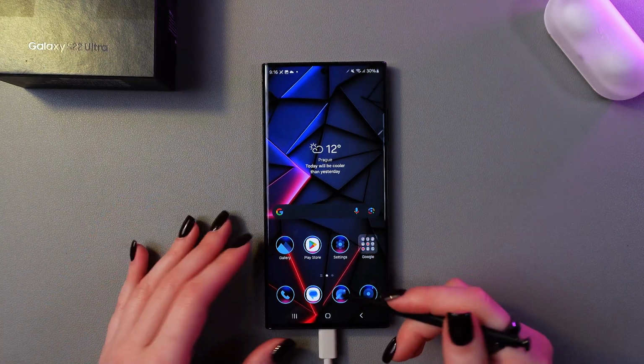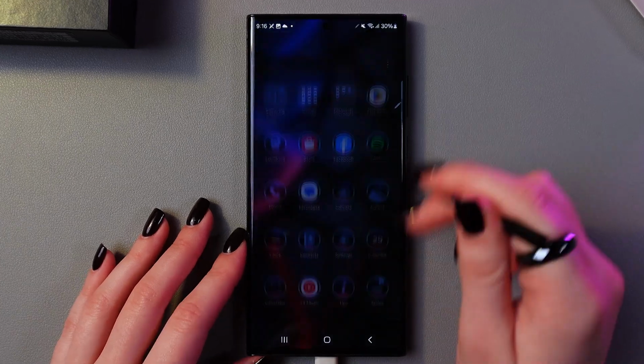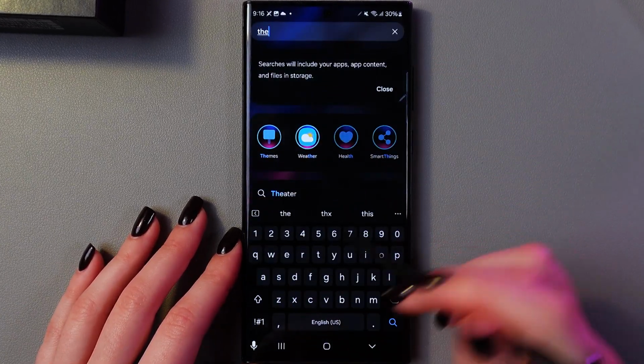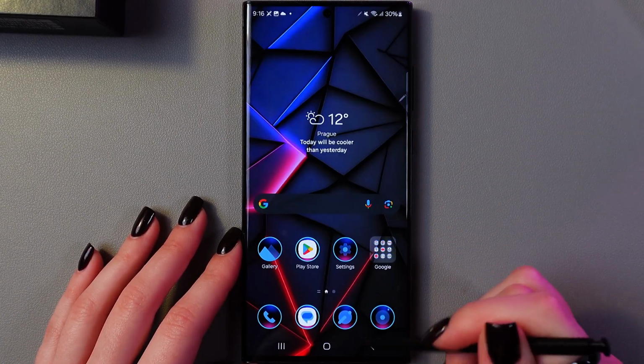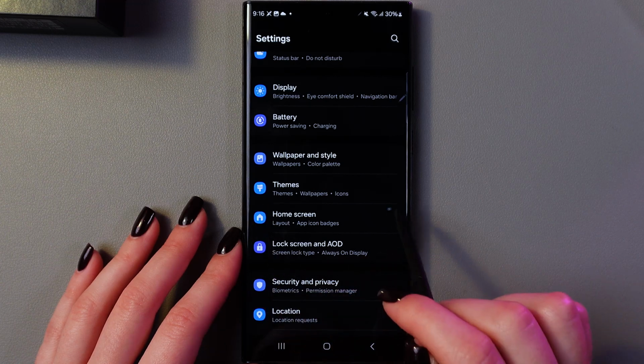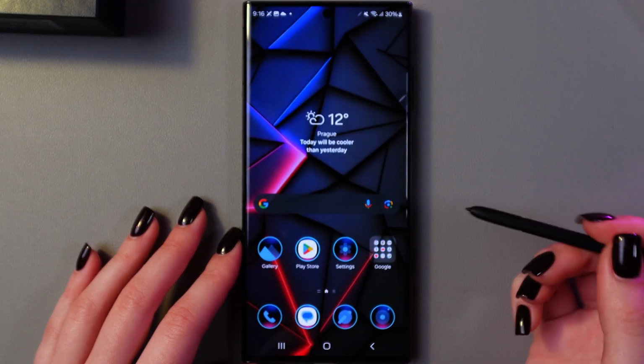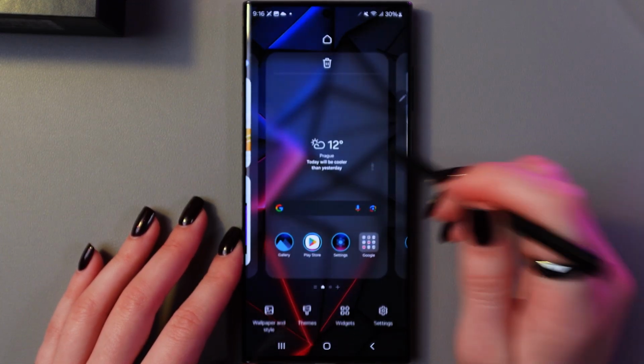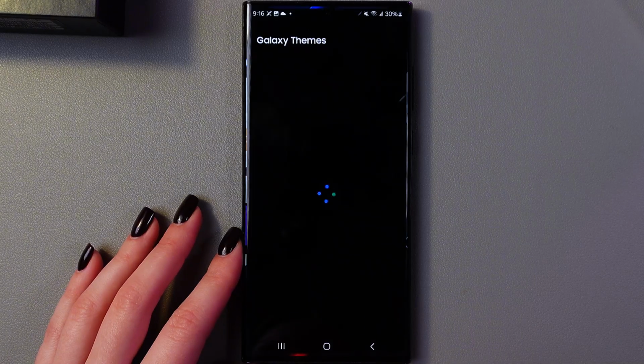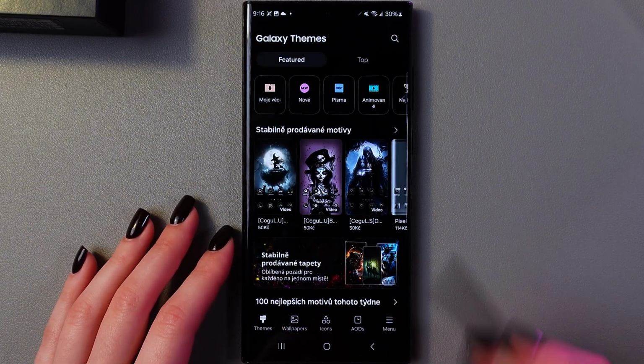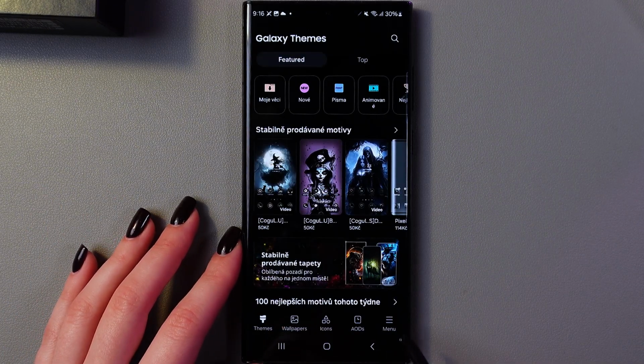So for that we just need to find the themes application. We can use the search bar to find it manually in the apps. We can also do it through the settings. Here you can see this themes tab, and also you can press and hold the home page and you will see this themes option. So firstly we need to open it, and on the bottom of the screen switch to